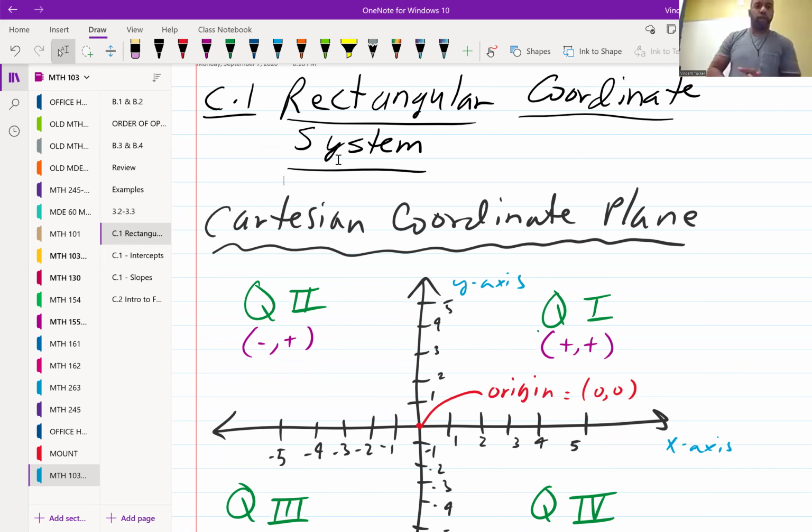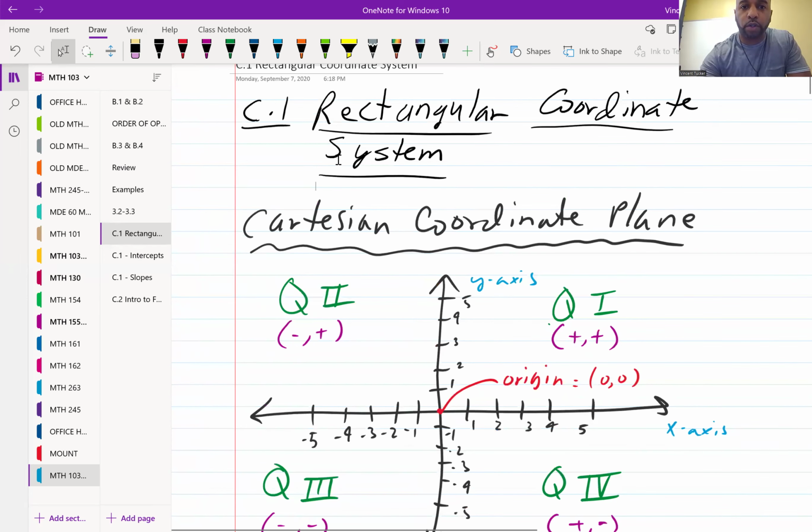So, we're going to go ahead and get into C1 today. We covered B1, 2, 3, and 4 up to this point. And we have C1 and C2 that we'll be covering. May knock all of it out before this week is out, but if not, just the next two sections that we're looking at. So looking at the rectangular coordinate system,